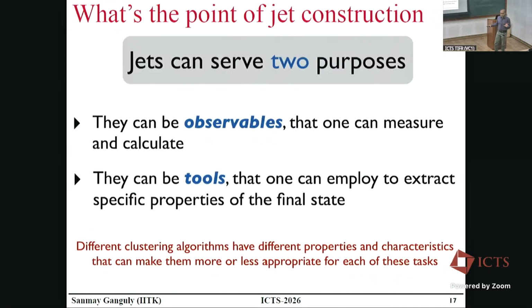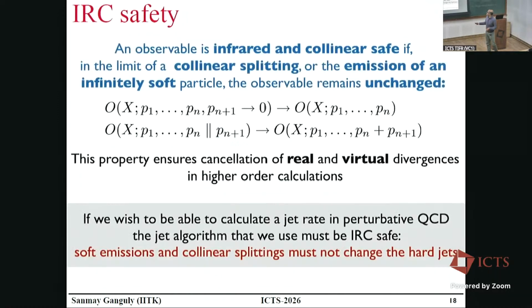If you construct a jet reconstruction algorithm and compute a jet observable that we can measure in the lab, it can also be a test bed of perturbative QCD and also non-perturbative QCD. And if we end up measuring some jet observable, we can extract specific properties of the final state as well as fundamental parameters like alpha S. And these are the things which are always done. So the IRC safety issue is something which I already addressed.